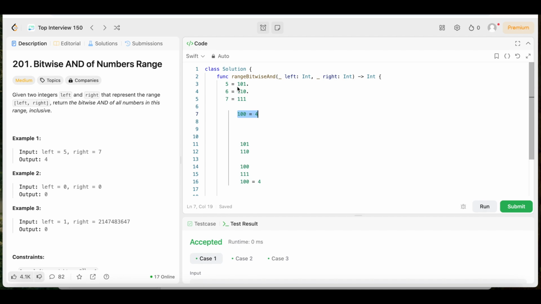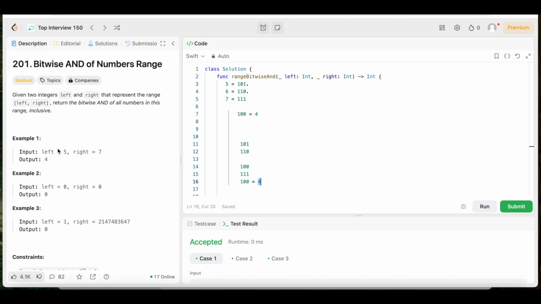Or you can split it up and do it row by row, right? And do it like this. And that'll give you this 100 right here. Then you take this 100 and you do the same thing, you'll still get 100 again, and you'll still get 4, right? So those are just two different ways of getting the same output, which is 4, and that's how we got